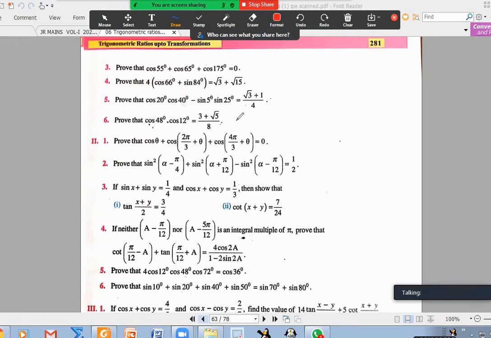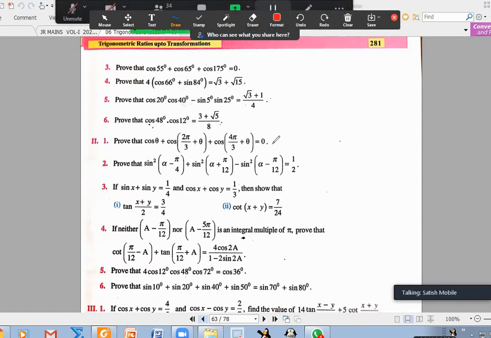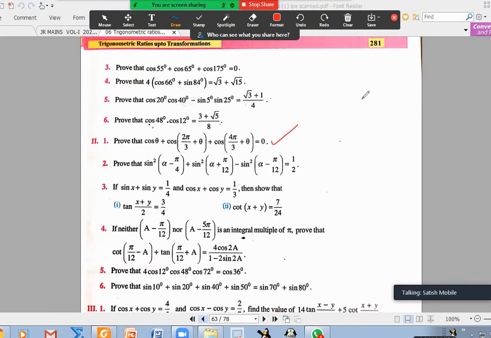All right. This sixth question. Anybody any doubt? No, sir. Section 2, first question. This is exactly the same thing. The three forces acting, resultant is cos theta plus cos 120 plus theta plus cos 240 plus theta. Or you can apply transformations for these two also. You get it. Sir, I want the second one. Okay, the second one.